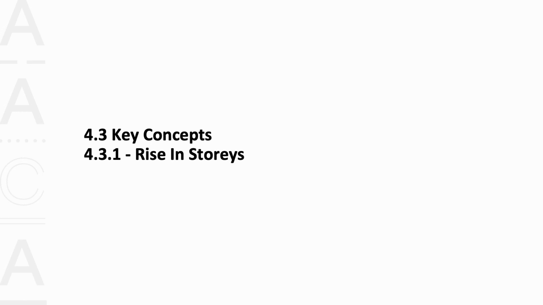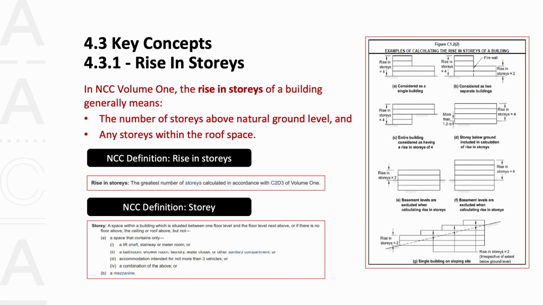We will now go through some key concepts in Volume 1, the first being rise in stories. The rise in stories has an impact on a building's risk of a few things, such as exposure to radiant heat from a fire in another building, emitting radiant heat to another building, which might cause damage to the other building or cause it to also catch on fire, and occupants who may need to travel down a stairway to